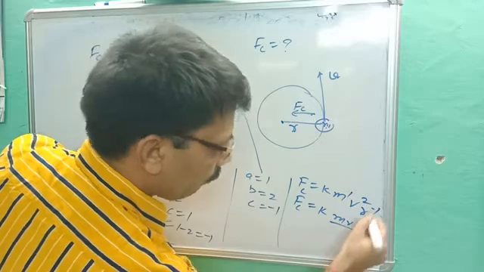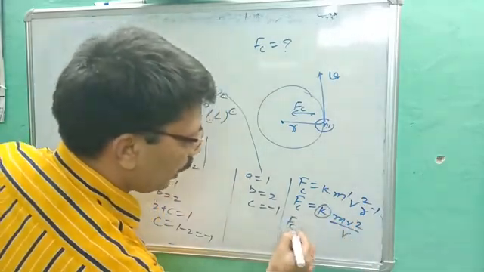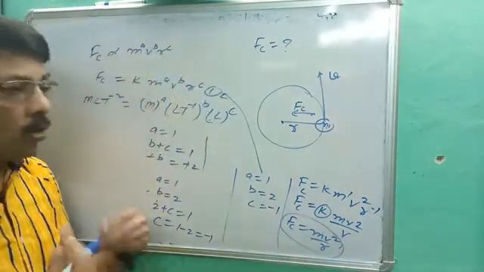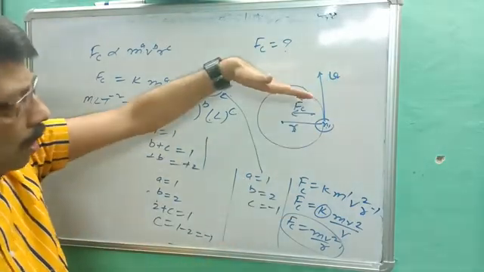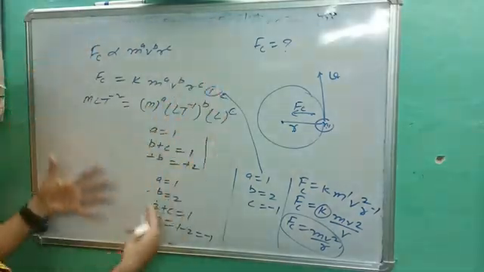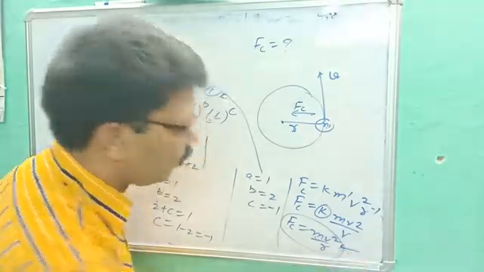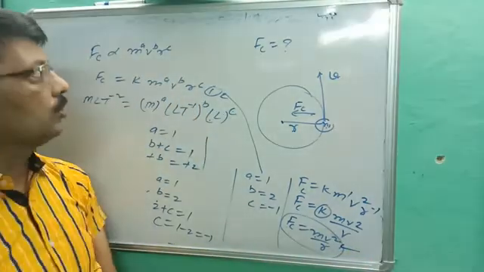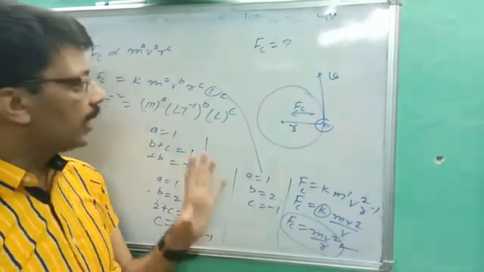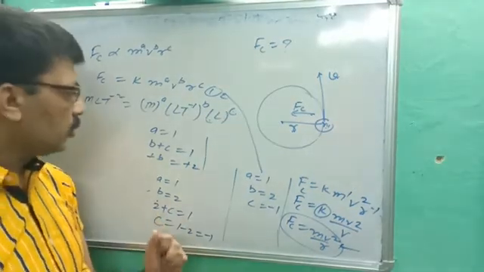So we get Fc is equal to k m v square upon r, and we can put k is equal to 1. So we get the answer Fc is equal to m v square upon r. You better know this is the formula. If you don't know the formula and you know which quantities a physical quantity depends on, then directly by using dimensional formula you can get the answer. Here we got F is equal to m v square upon r, the formula for centripetal force. So this is all about the application of dimensional formula to detect the relation between physical quantities, or directly detect the formula. Okay, so that's all for today.